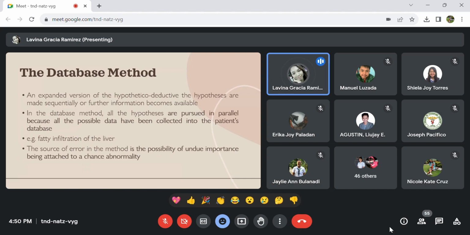That's why always remember that early detection is the best when it comes to this. The bad thing here is that you now have a lot to look at because of the database method. The key here is that you first elicit the most clinical signs again. Same as you follow how the methods work in the key problem, the hypothetico-deductive method. So that's what you will do for a systematic reading of that particular method.